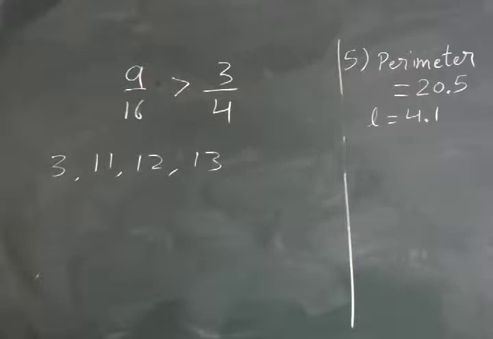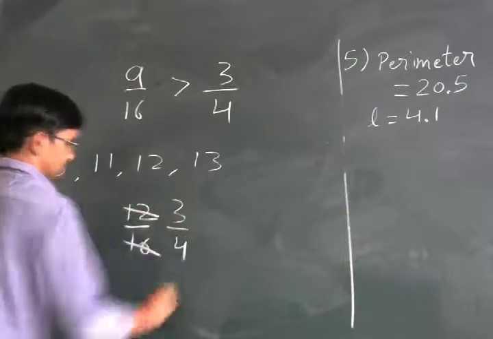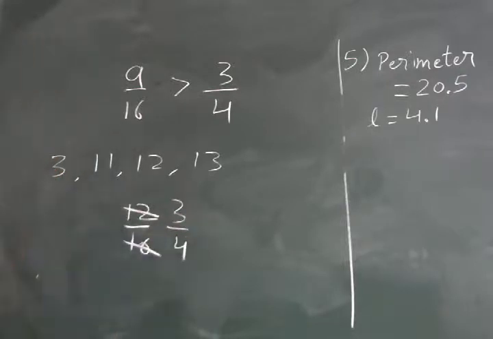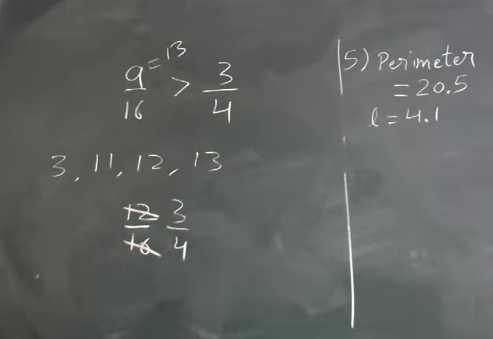One, two, three. I can see only 3 students. Okay, Shardul is here. Yes, Shardul. Sir, the correct answer is 13. Why? Because if we do 12 by 16, its lowest form will be 3 by 4. And if we want a greater one, we will take 13. Yes, correct. Yes, Jen. Sir, first I took the LCM of these two numbers, then 16 came, 12 by 16, then 13 is bigger than 12, so I took 13.